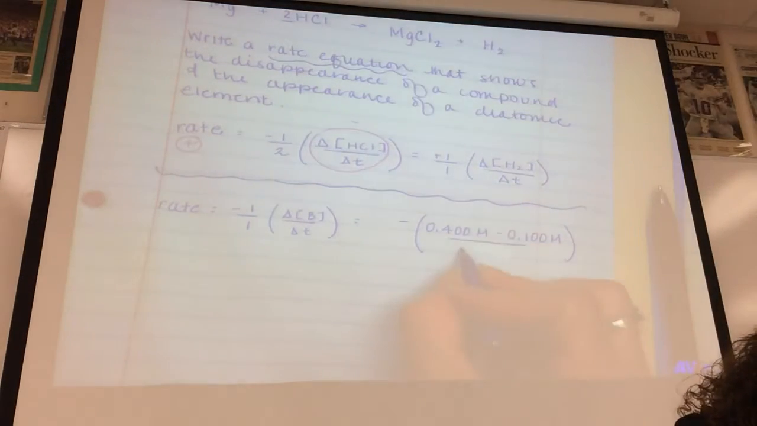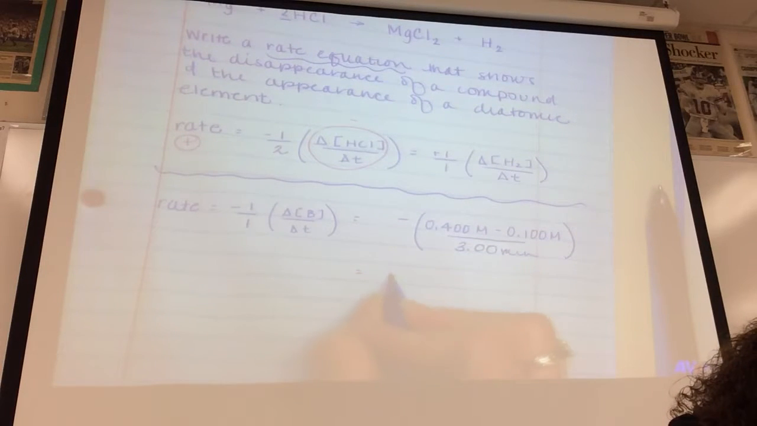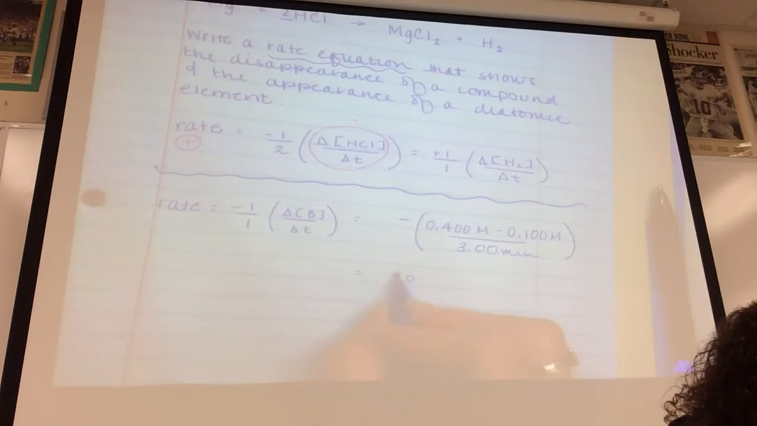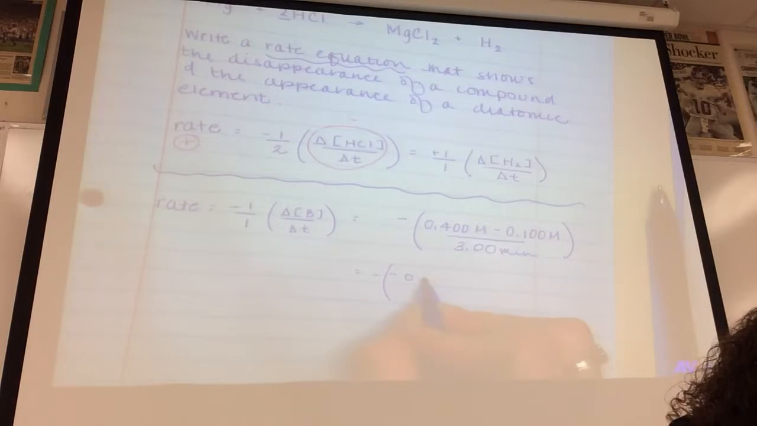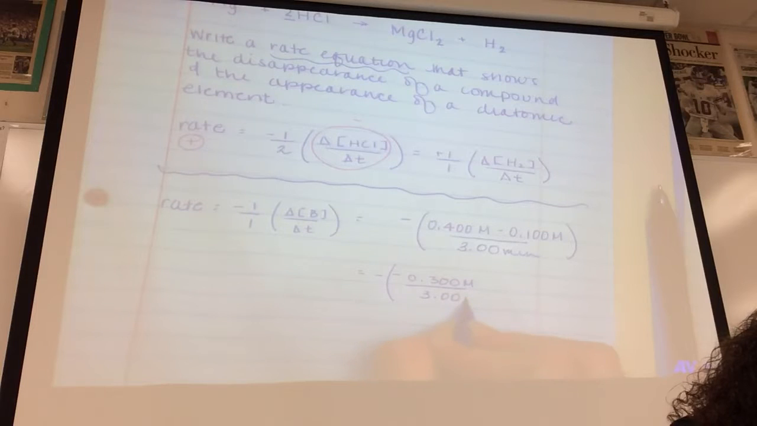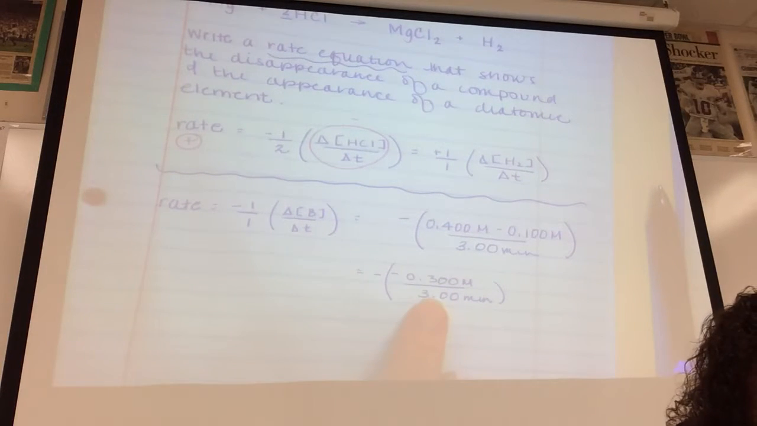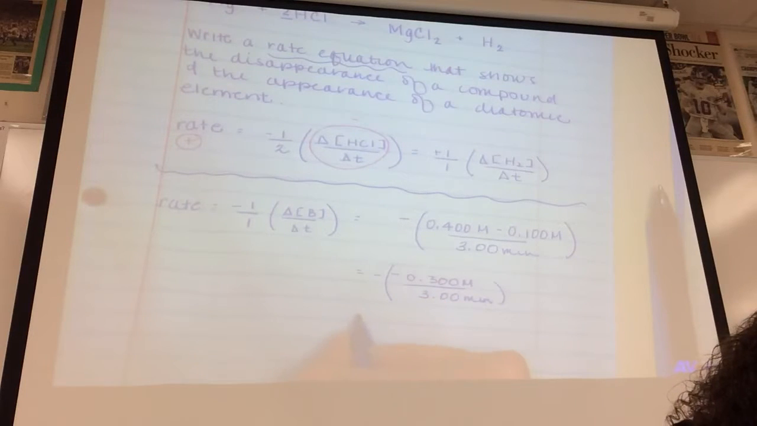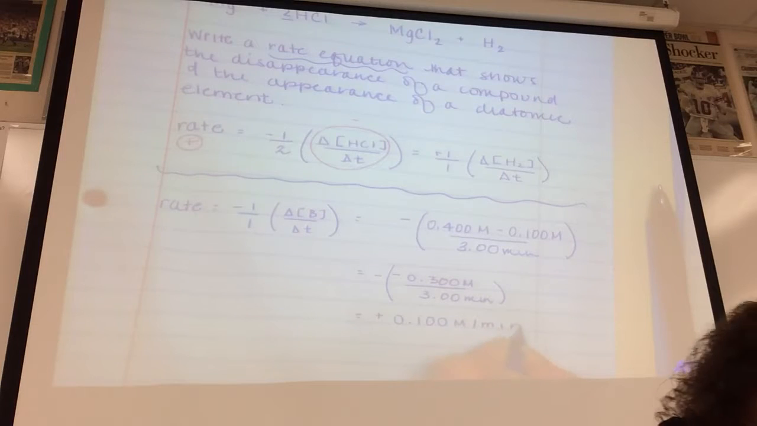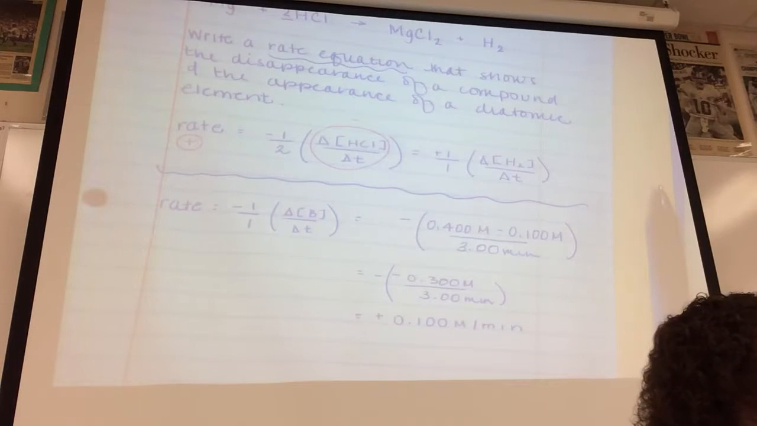So that's going to be 3.00 minutes. I've got negative of a negative, right? 0.300 molar over 3 minutes. And again, 0.3 over 3. 3 over 3 is 1, so that's going to be, and that's the rate at which B